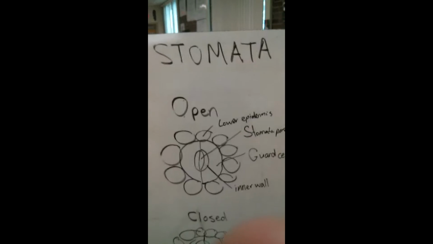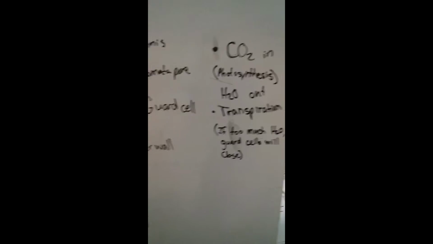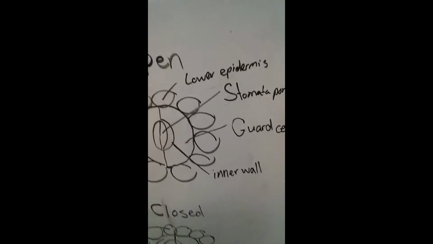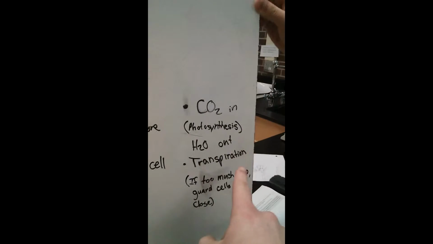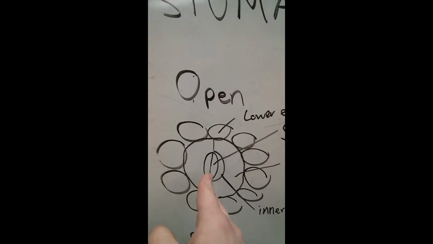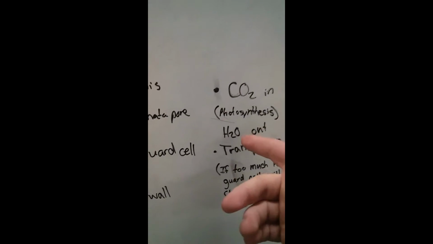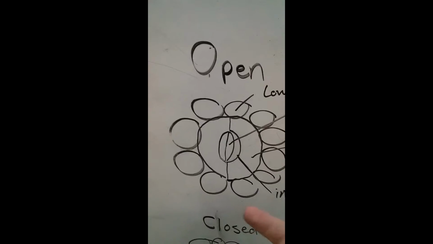And this segment is on the stomata. And so the CO2 goes into the stomata when it is open. This is an open stomata. You have all of these aspects of it. The stomata is open, and so the CO2 is going to go in, which will allow photosynthesis to occur. As the CO2 goes in, the water is out, and that allows for transpiration, because if you remember from previous